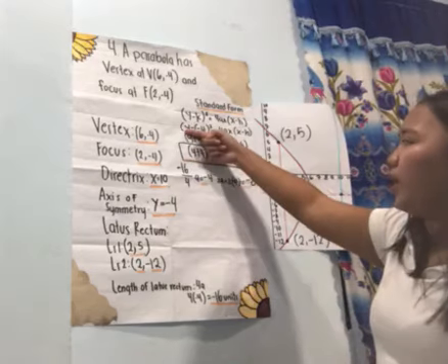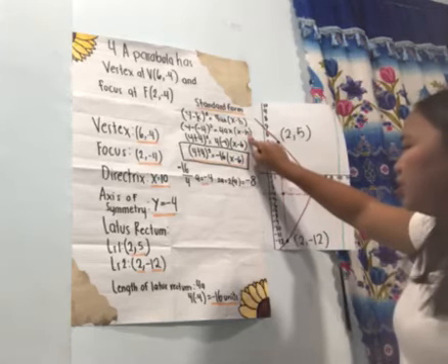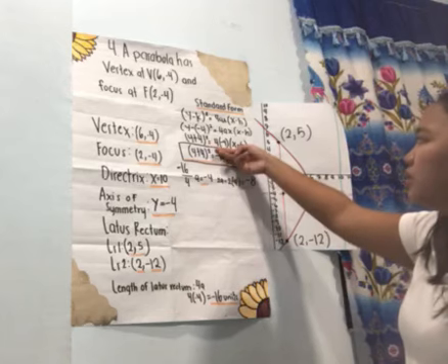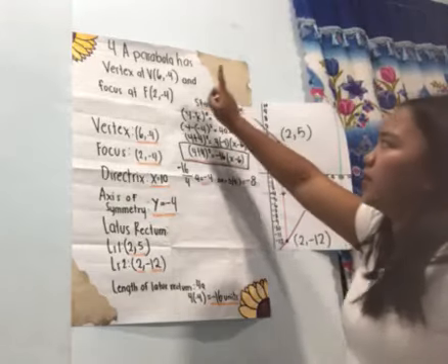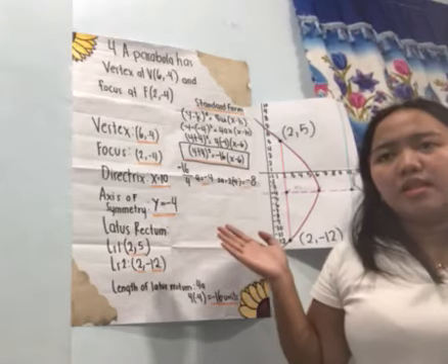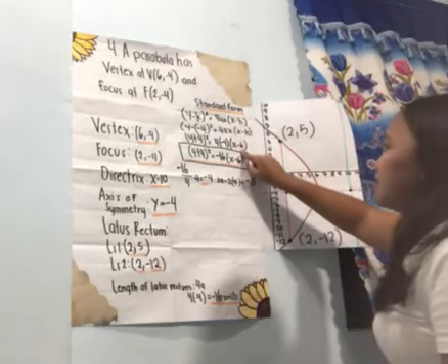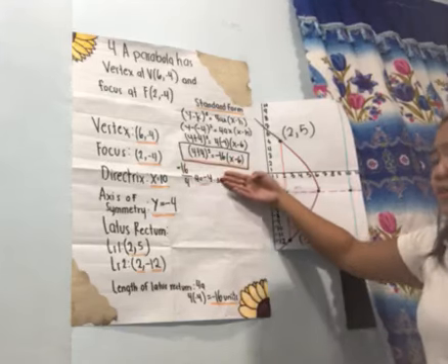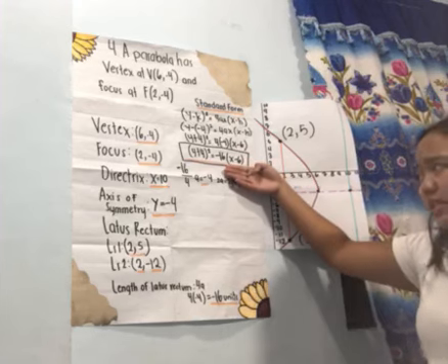So, this will be (y - (-4))² = 4a(x - h). And that is (y + 4)², since they have the same sign, = 4 times -4, and this 4 is from the distance between the vertex and focus, that is 4. Since they open to the left, 4 will be negative, that is -4. x - 6 from the x of the vertex, and the final answer for standard form is (y + 4)² = -16(x - 6).